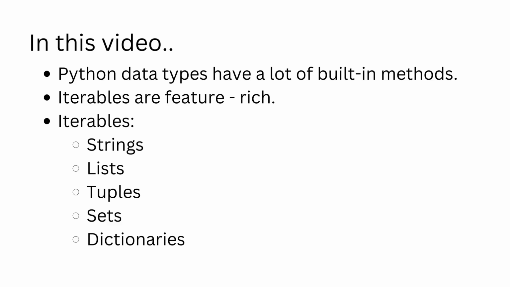In the previous videos, we have learned that Python has a few versatile and flexible data types. In this video, let us learn more about those data types. Atomic data types, like int, float, complex, None, and Boolean data types are pretty simple. But collection data types, otherwise known as iterables, have some methods associated with them that give a lot of power to the developers. Let us have a look at them, one by one.